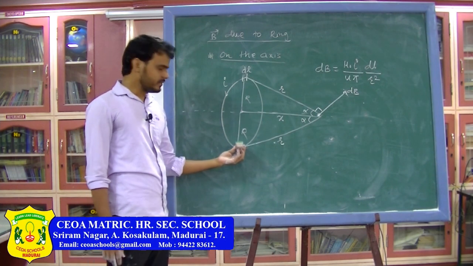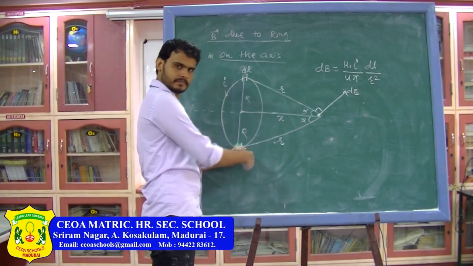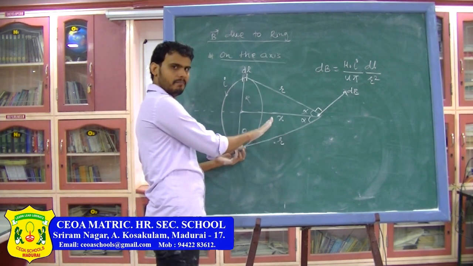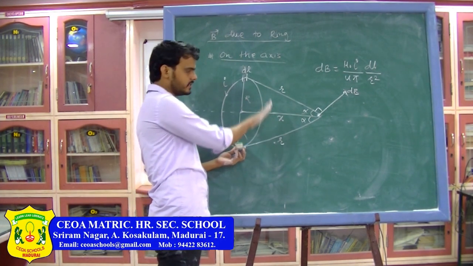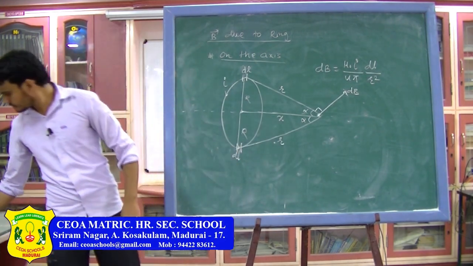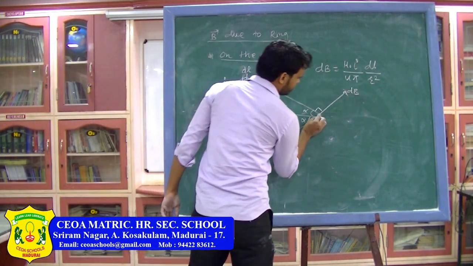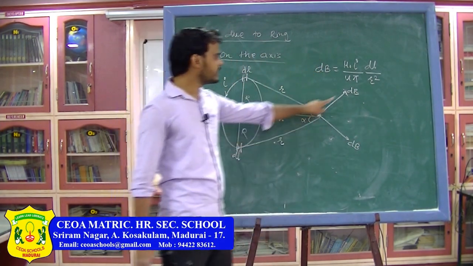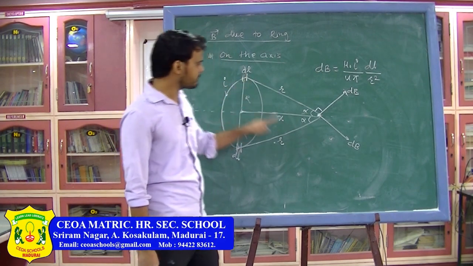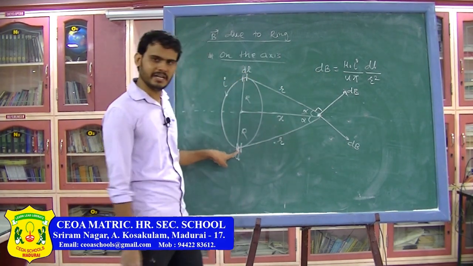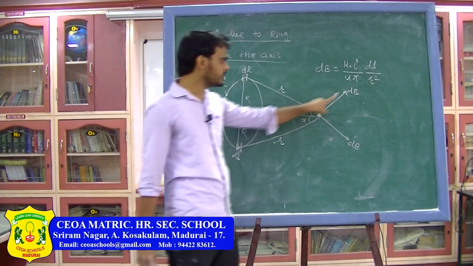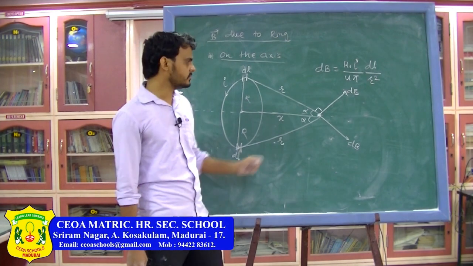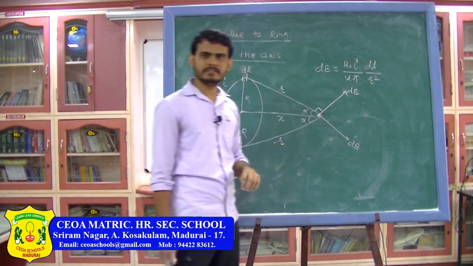Here the current element will be like this, but the current is going inwards. So, you have to keep your thumb in the direction of current and fingers towards the point, and palm will give you the direction of magnetic field. So, here magnetic field will be in that direction. So, here you will have magnetic field which is in this direction. So, this is the magnetic field due to this current element, and this is the magnetic field due to this current element. As you can see, magnitude wise this one and this one are same, but the direction of both of them is different. So, to resolve this thing, we have to take the component of this magnetic field.